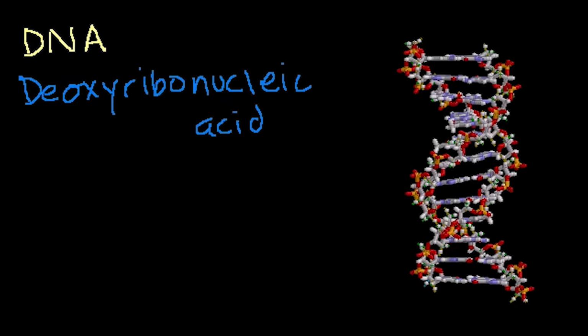And what I want to do in this video, because I think that's kind of common knowledge, popular knowledge, that what makes my hair black or my eyes blue or whatever, that's all somehow encoded in our DNA. But what I want to do in this video is give you an idea of how something like DNA, a molecule, can actually code for what we are. How does the information get stored in this type of a molecule, and then how does that actually turn into the proteins that make up our enzymes and our organs and our brain cells and everything else that really